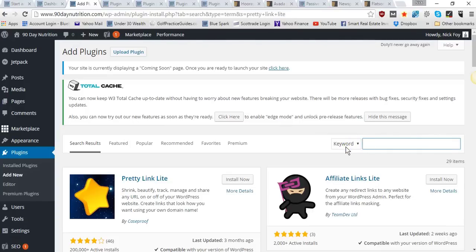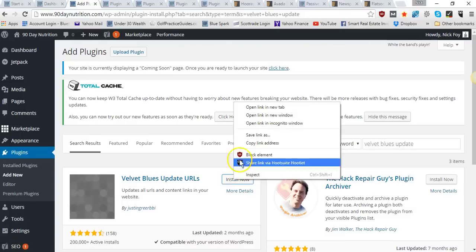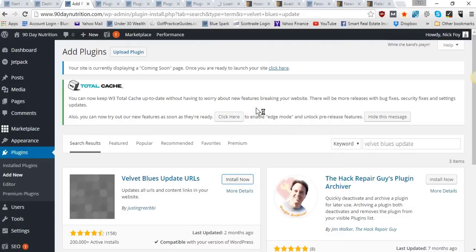And the third plugin that relates to URL links is called Velvet Blues Update. We'll go ahead and try that and see if it pulls it up. Anytime you've got an old URL that you need to update, you can change it. So if I used to send people to my Facebook page, and my Facebook URL was facebook.com/90daynutrition, and let's say I changed my Facebook page URL and now it's www.facebook.com/90dayworkouts instead of 90daynutrition, then all the different places I link to my Facebook page on my website